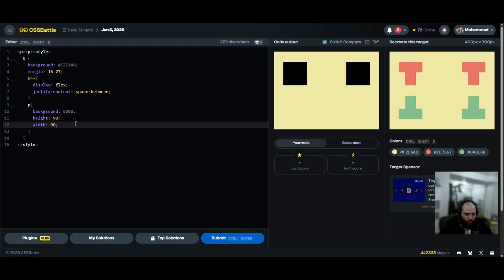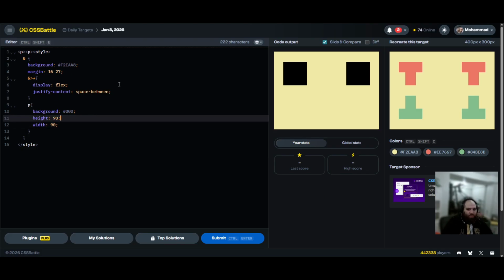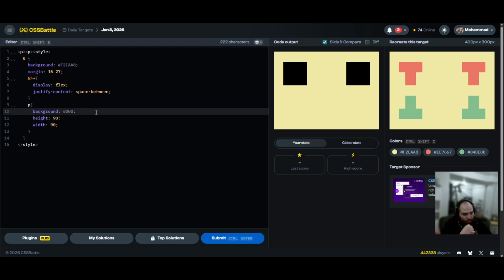No problem though. That's no problem. So we have two p tags. The first p tag is going to be this one here. Second one is going to be this one here. And we're just going to box shadow two times. That's okay. I really was hoping to kind of do it without that, but